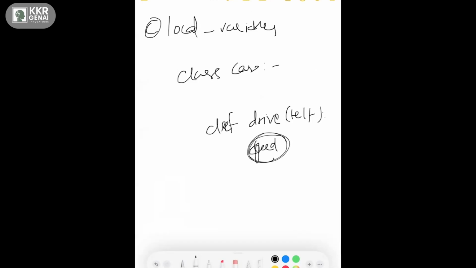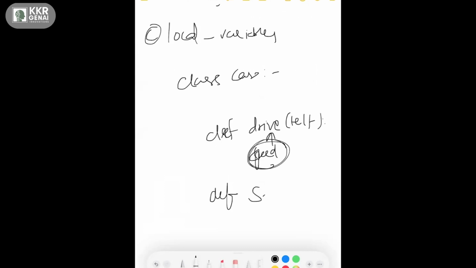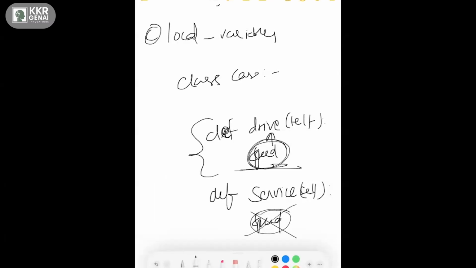This is a local variable, which is local to this method. If I want to access that speed in another method, let's say a service method, I'll get an error because it is only defined inside the drive method. The scope of the local variable is within the method, not outside of it.